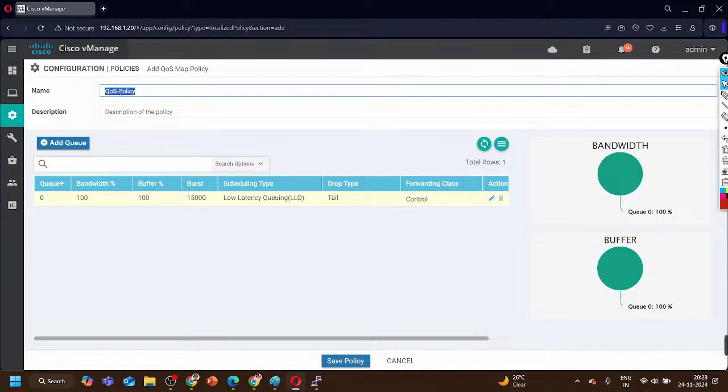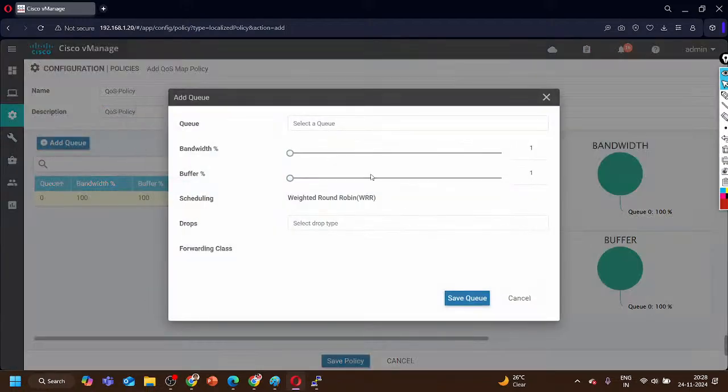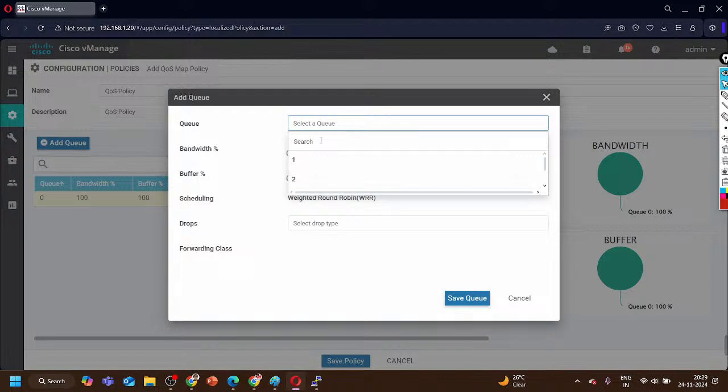Yeah, that is fine. Yeah, this is the name of my QoS map, and then click on add queue,